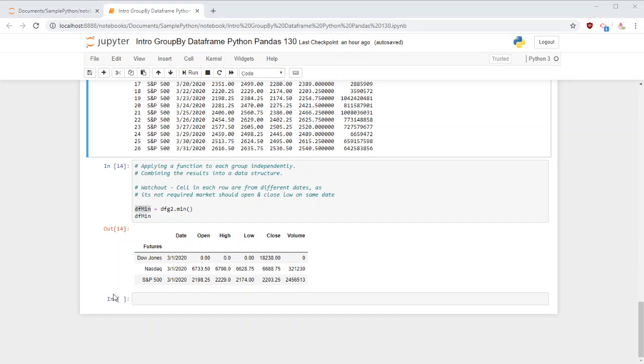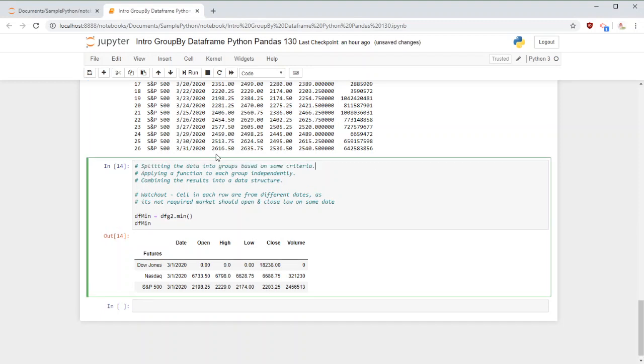And here, if you notice, this is interesting: we had data to start with, and the data was all together. Then we did a group by, we separated based on the index name, and after we separated that, we applied certain conditions like minimum value or maximum value, and then we combined them and showed it here.